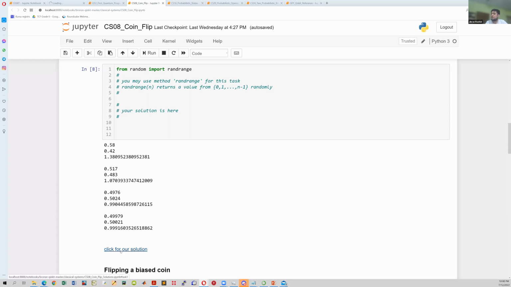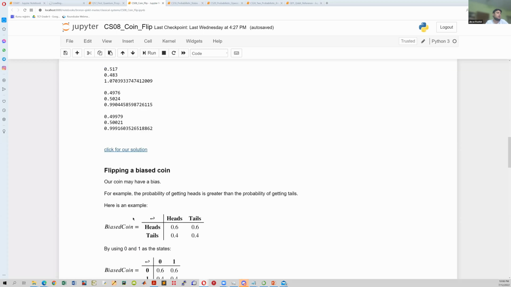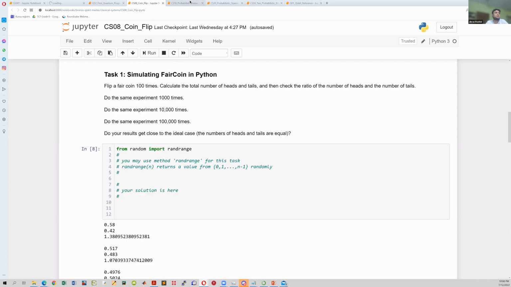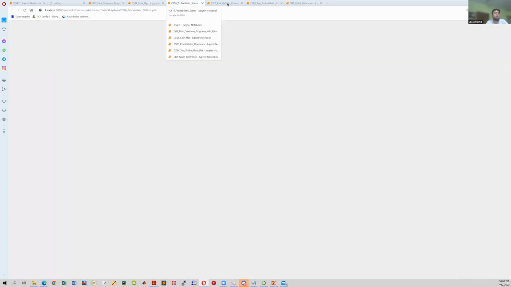For links to all these notebooks, I recommend you go back and review the tutorial from the first day of lecture, and the links to it are also on YouTube. You've got the link for downloading them. Should be on Discord as well, on Canvas as well. The first few programming exercises are simply leading you to building these simulations of coin flip experiments to get a better feel of these results and get to probabilistic representation of information, probabilistic operation to probabilistic